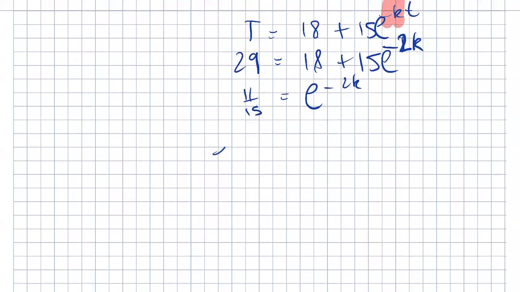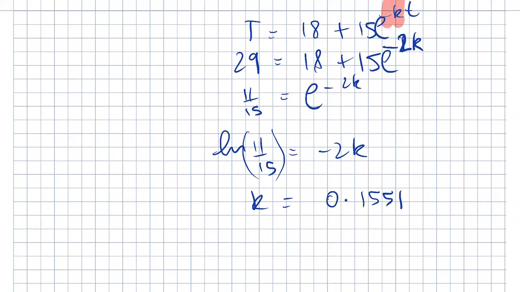Log of both sides. So we get the log of 11 over 15. Now the log of e, when we're using natural log, just disappears. So that becomes negative 2k. And then using the calculator, we can work out k. Take the log of 11 over 15 divided by negative 2, and we get k is equal to